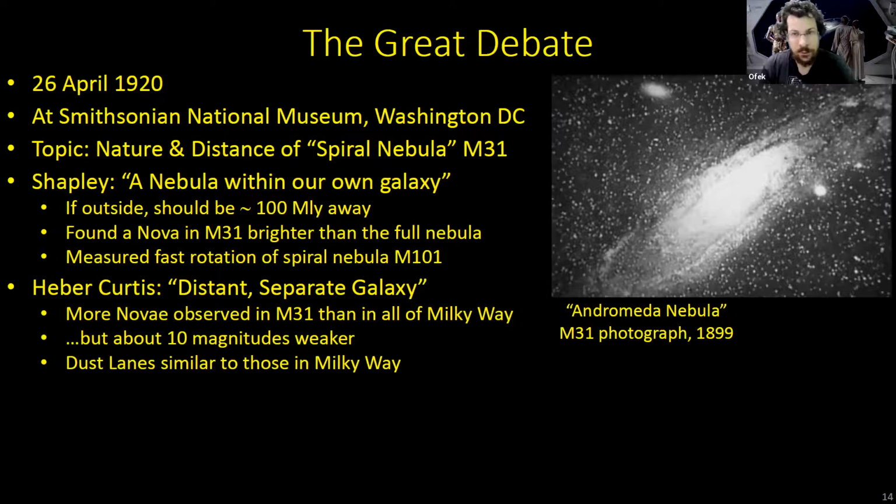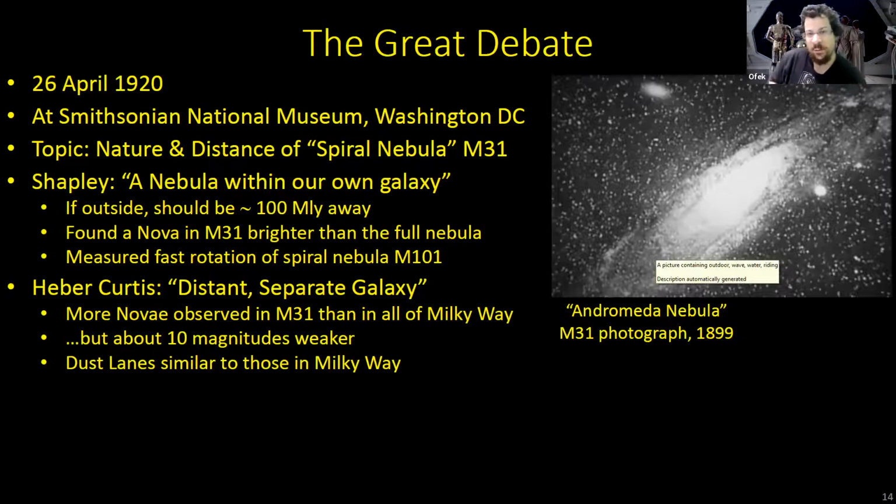And his reasons, also good, were that there was not just this one nova in M31 outshining the nebula. There were actually a lot of novae observed in M31. In this single object in the sky, this single nebula, there were more novae observed than in the entire Milky Way. And it's, again, very strange if we have a little part of our galaxy with more fantastic events happening in it than in the whole rest of the galaxy. That's kind of weird. It's very unusual.